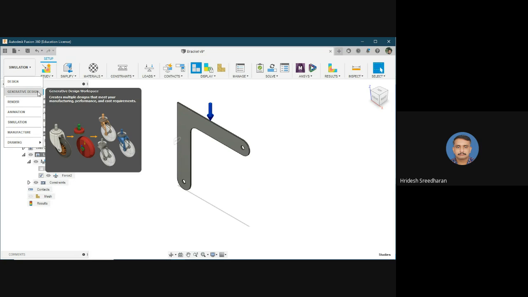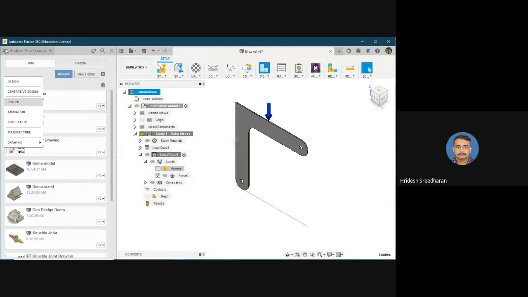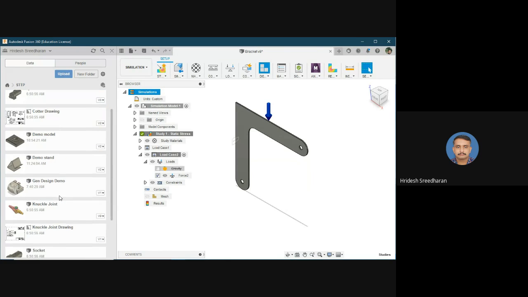So what is generative design? So the main advantage of Fusion 360 is its generative design using cloud support. That means using artificial intelligence and cloud-based calculations, it is capable of suggesting so many designs which can suit our purpose, provided the inputs will be given by the user. So to demonstrate that, it will take a huge time. Say even the simulation itself will take around 4.5 to 5 hours. So I will demonstrate with an already pre-simulated model.